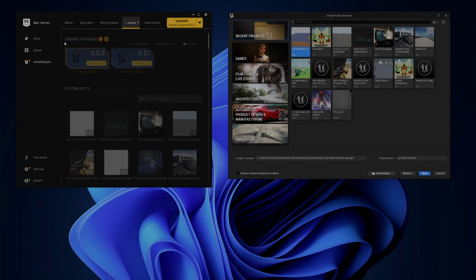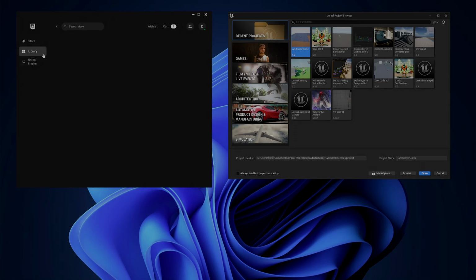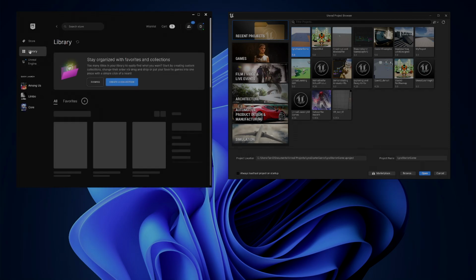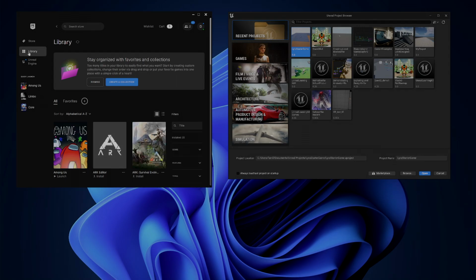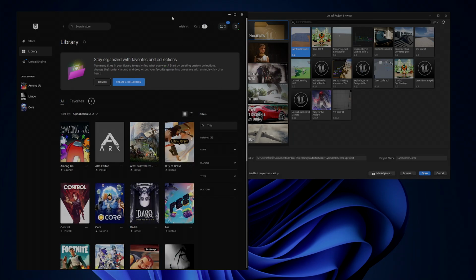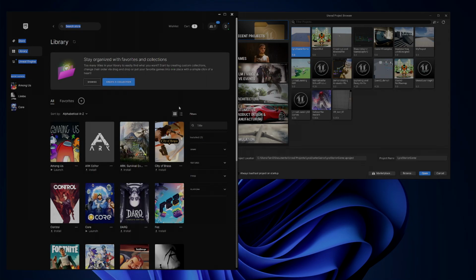So there's two library links, which is really confusing at first. So you have a library here, which is, I think, their attempt to compete with Steam. So you have some games. They do give out some free games each month, which is pretty cool. And there are several games that you can also